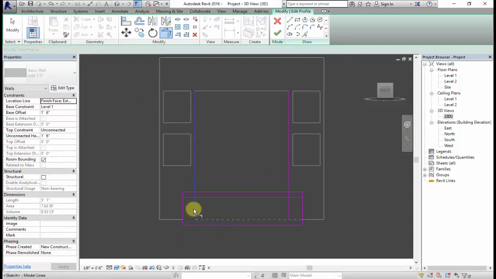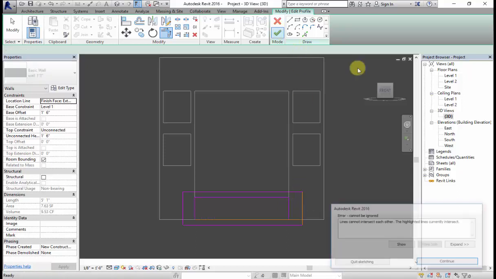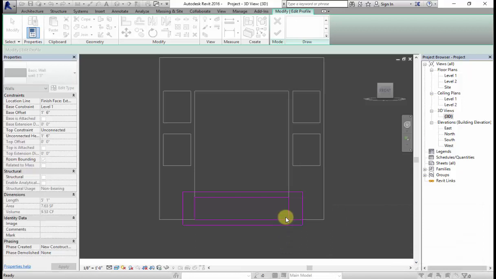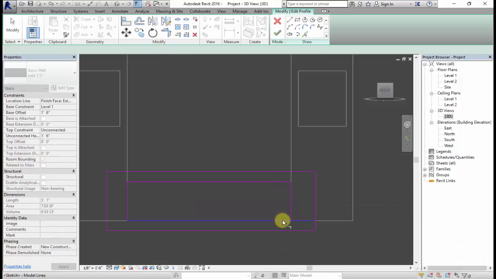Okay, now using trim, trim all the unwanted lines and click on finish. You can see here it is highlighting, so we'll trim this portion, click on finish.